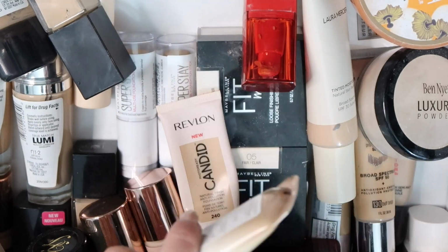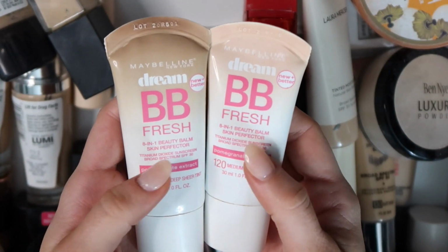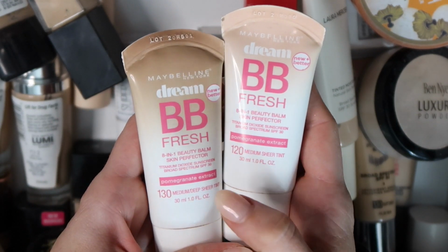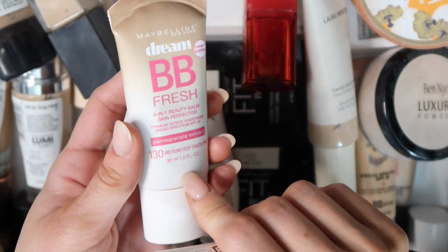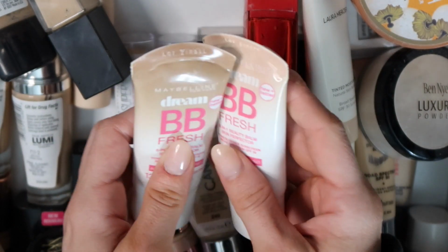All right, moving on to another BB cream, kind of lightweight foundation. These ones are some of my all-time favorites, so I'm definitely going to be keeping these. I have one in the medium sheer tint. I have one in the medium deep sheer tint. Honestly, it's really sad because this might be the darkest. I think this is the darkest or the second darkest shade that they do, which is unfortunate,